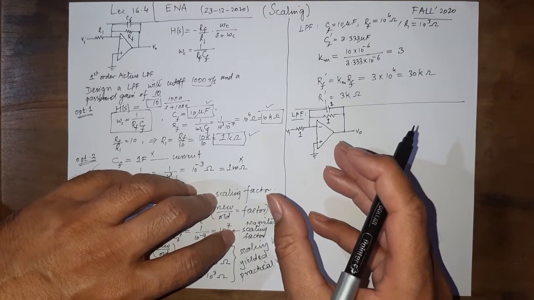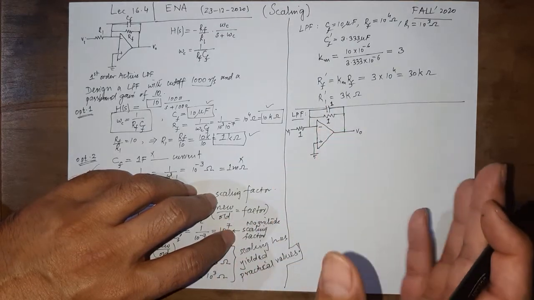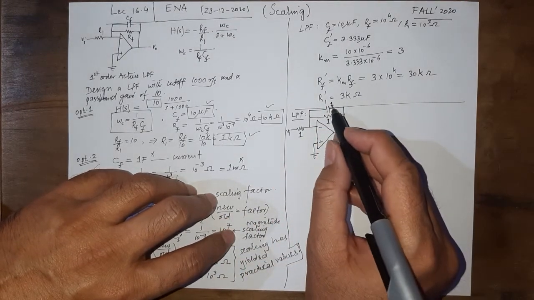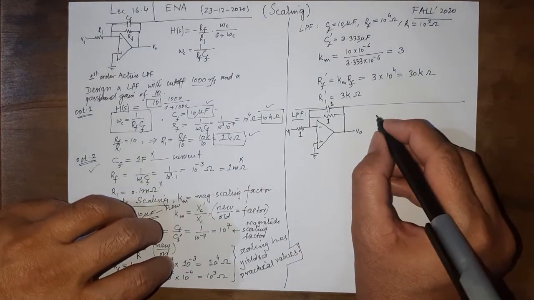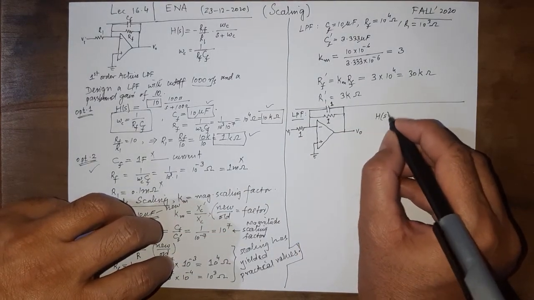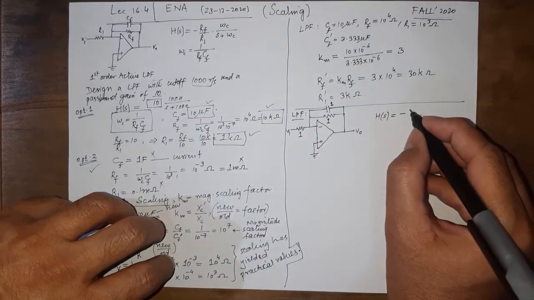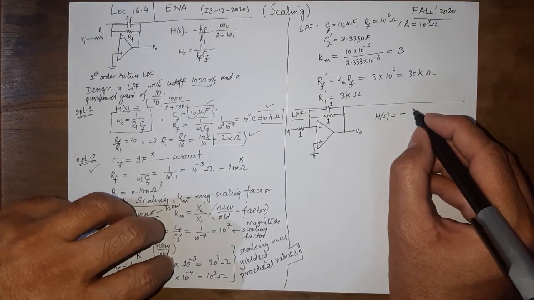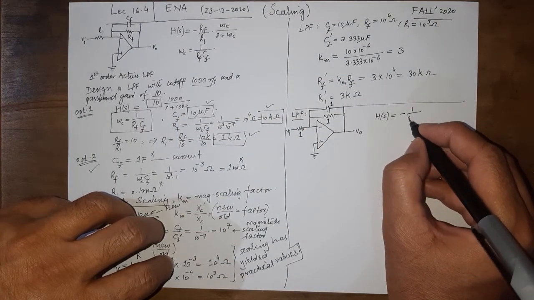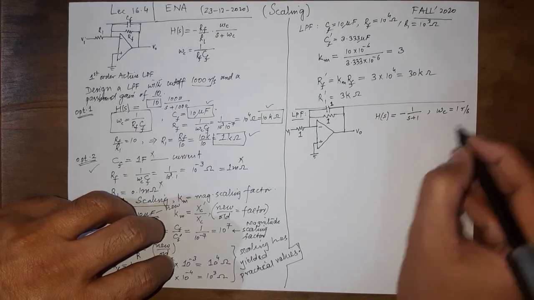So look at this particular circuit. This circuit is important. We have a resistor here, and a capacitor here. It's not your own choice to put it anywhere, but with all the component values 1 ohm, 1 ohm, and 1 farad. So now we know the H of S for this one would be minus RF over R1, and omega C is 1 over 1 into 1, omega C is 1. So this is equal to minus 1 over S plus 1, and the cutoff frequency is 1 radian per second.